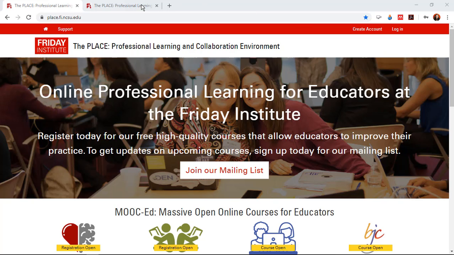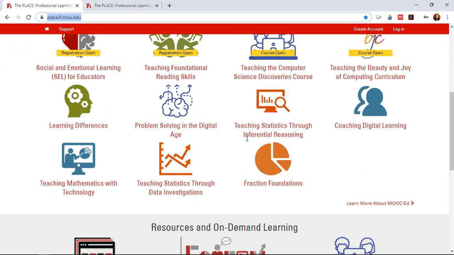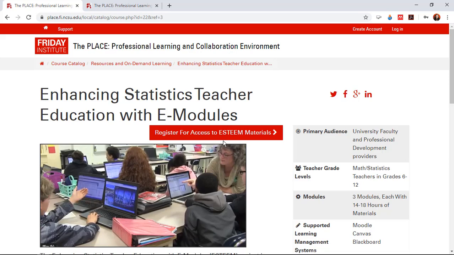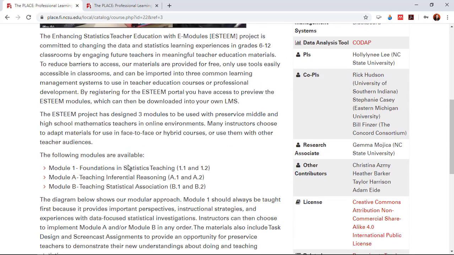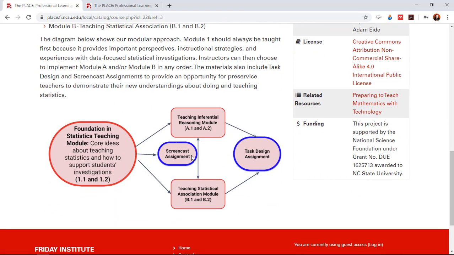To begin, go to place.fi.ncsu.edu. Scroll down about midway to the screen to find the ESTEEM logo, then click here. This landing page gives a summary of the project, as well as a layout of all three modules,